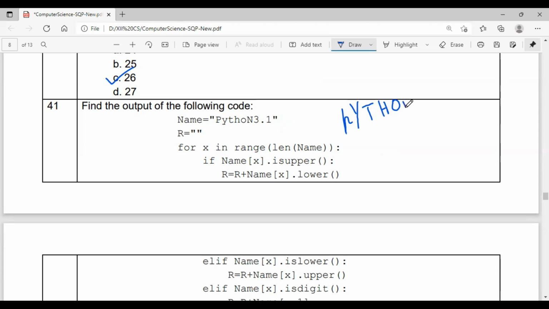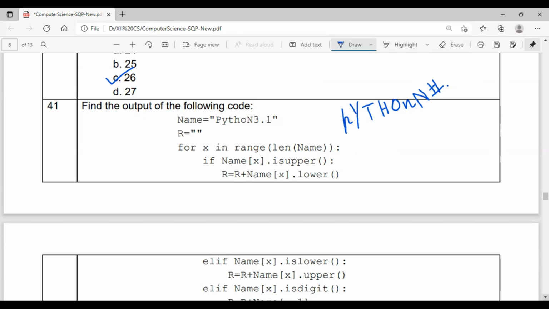N is capital, so you have to convert it into small. 3 is a digit, that means the previous character has to be taken, so capital N has to be taken. Dot means what? Hash has to come, isn't it? Then 1 means the previous character, that means dot has to come.